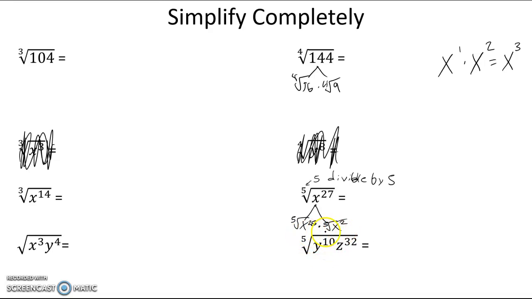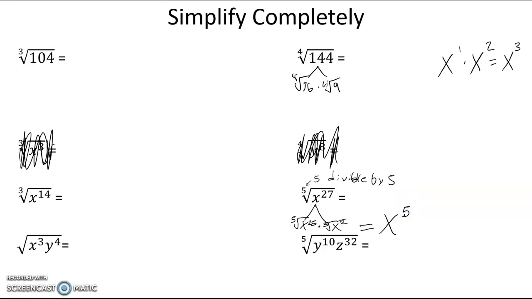Because again, if we multiply these together, we're just going to add the exponents to get x to the 27th power. Now, from here, I simplify. I do the 5th root of x to the 25th power. What I do is just divide out the exponents there. So I do 25 divided by whatever the root is, so my new answer is going to be x to the 25 divided by 5, which is just x